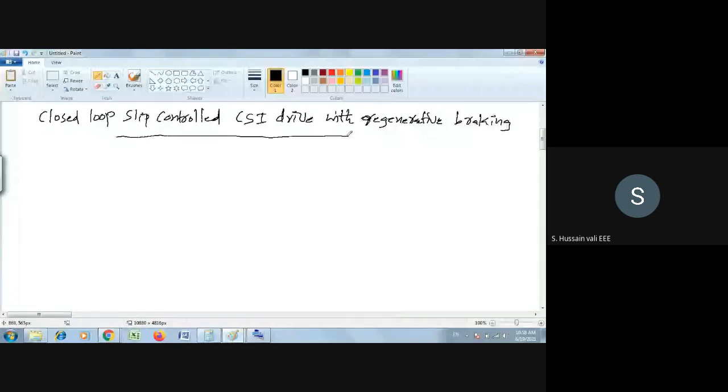In this case I will draw the block diagram and explain. We'll start from this side.